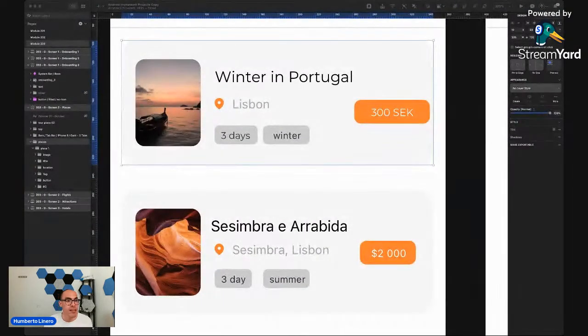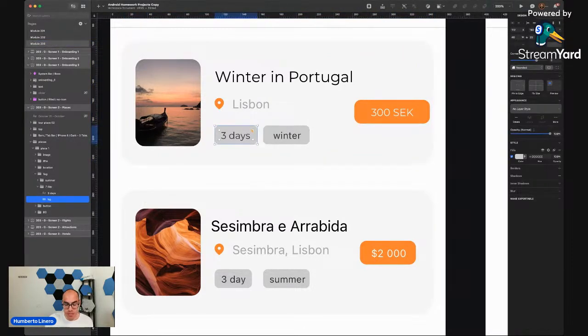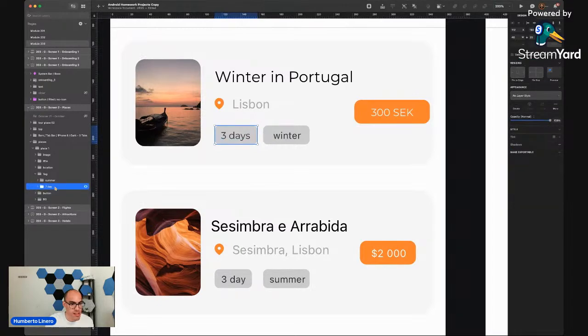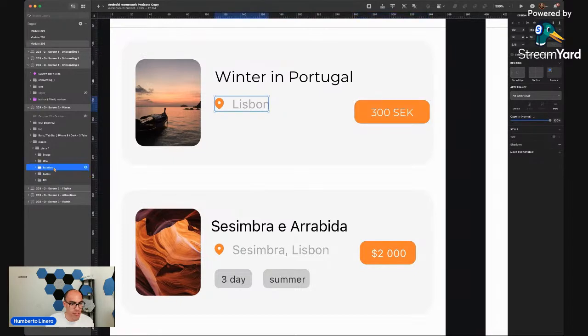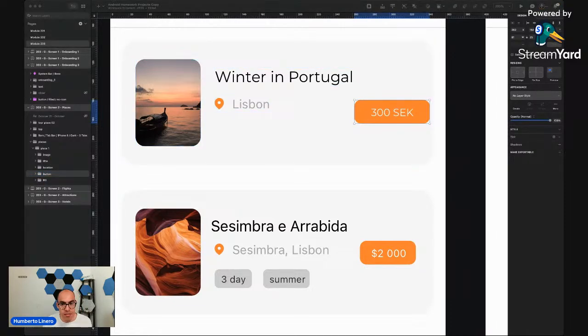So instead of using tags, check this out. I'm going to remove all of this. Location will stay. The button we will see. The title is okay. The image is okay. The background is okay. What I'm going to do is